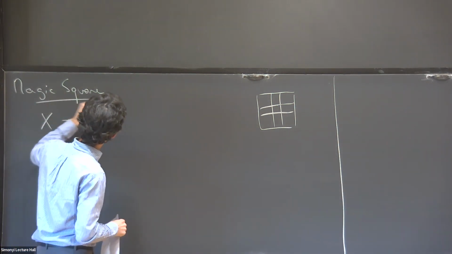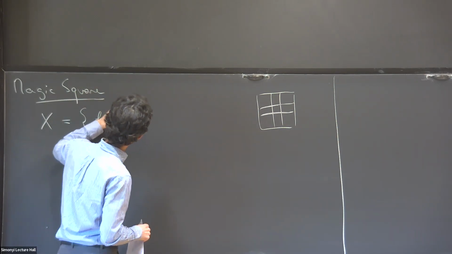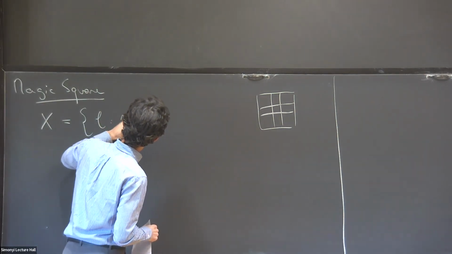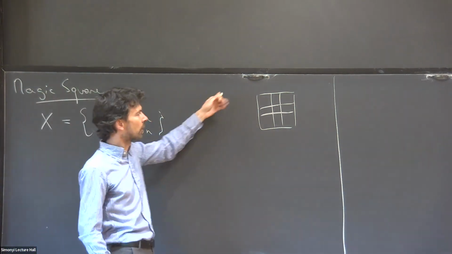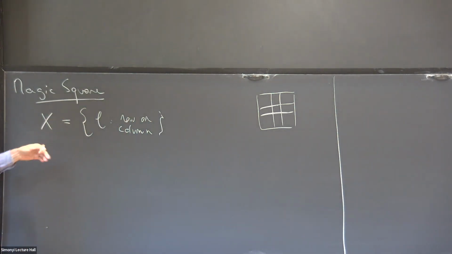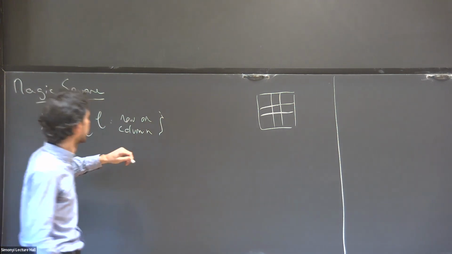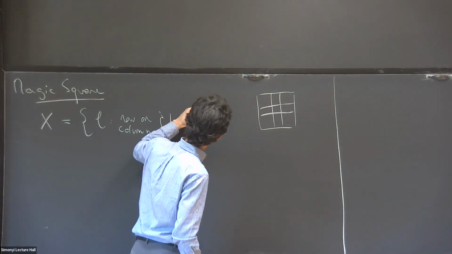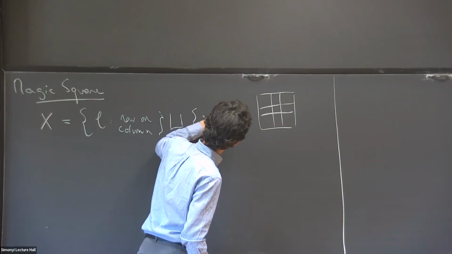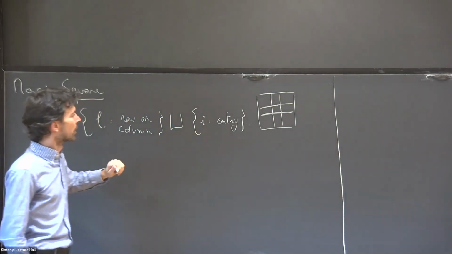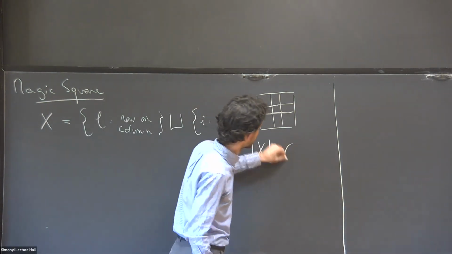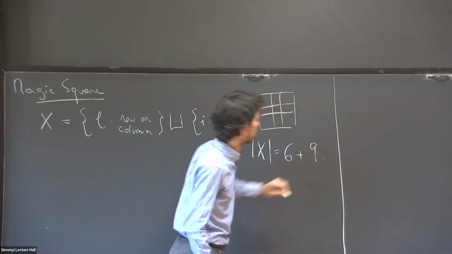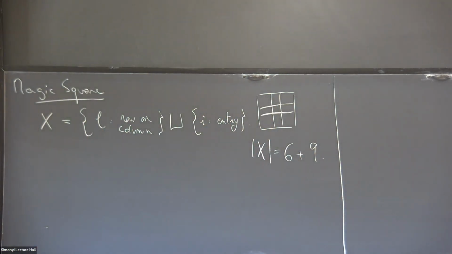So I label them either L, which will be either a row or column. Okay, so it's just a label. There's 6 possibilities, 3 rows, 3 columns. I just named them R1, R2, R3, C1, C2, C3, whatever. And then the disjoint union with I, an entry in the square. And there's 9 possible entries. So just to make sure we get it, the cardinality of the set X is 6, for 3 rows plus 3 columns, plus 9 for 9 squares. So it's 15. I label them in this way, but this doesn't really matter.